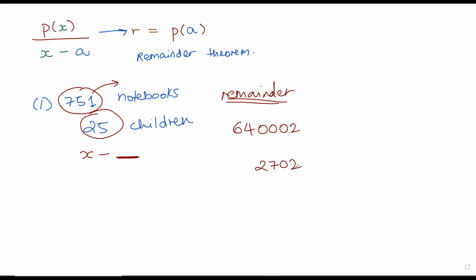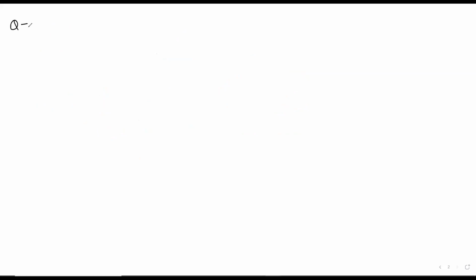So I have big numbers, and one way that we can deal with big numbers is we can put them into a calculator and divide them. But what is the problem if you divide these two in a calculator? You will only come to know the quotient, right? You don't come to know the remainder. So if you want to know the remainder, then one way to do that is through the remainder theorem. We'll come to the real life application of this in a while. Right now, let's move on to more questions.